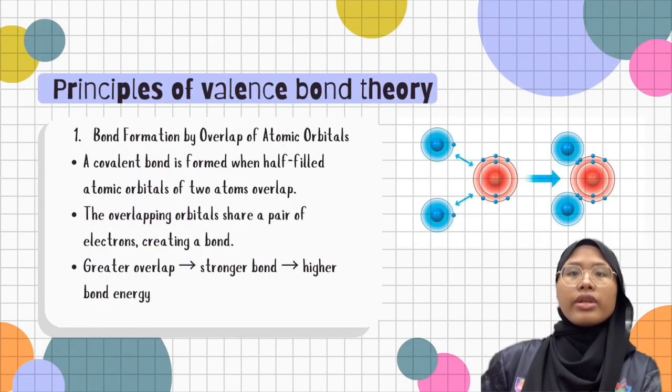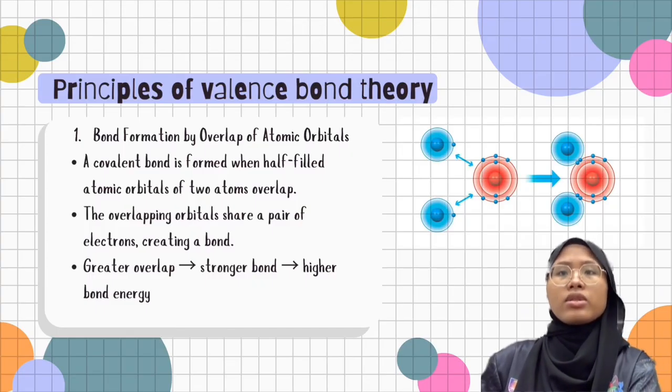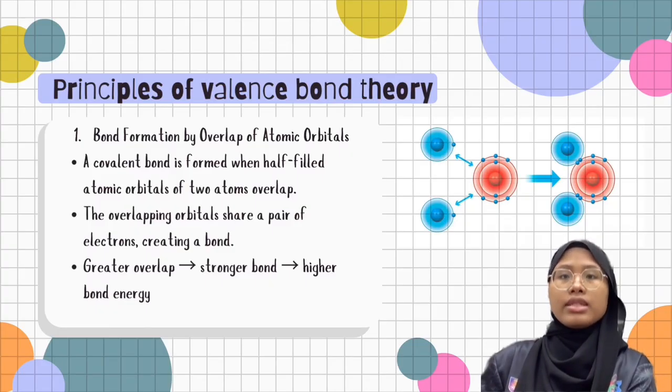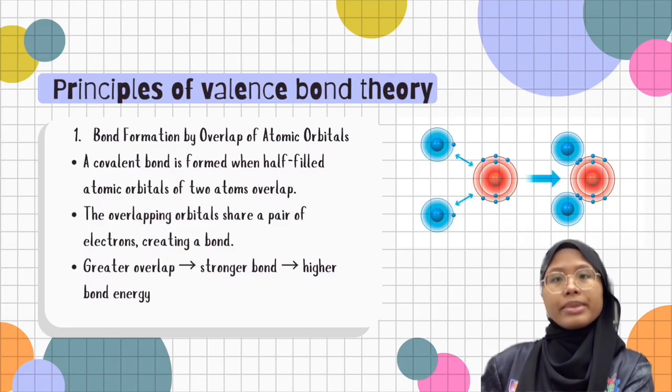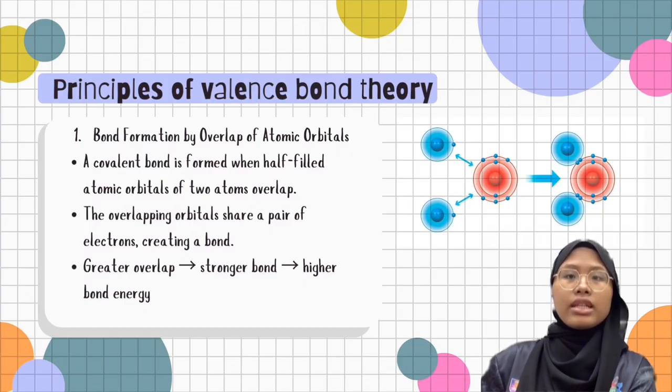According to valence bond theory, a covalent bond is formed by the overlap of half-filled atomic orbitals of two atoms. Each atom contributes one unpaired electron, and when there is atomic orbital overlap, these electrons pair up with opposite spin. This pairing lowers the overall energy of the system, which makes the bond more stable. The overlapping orbitals share a localized electron pair in the region between the two nuclei. This shared electron density creates a strong electrostatic attraction between the positively charged nuclei and the negatively charged electrons, resulting